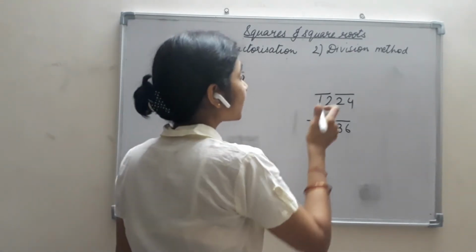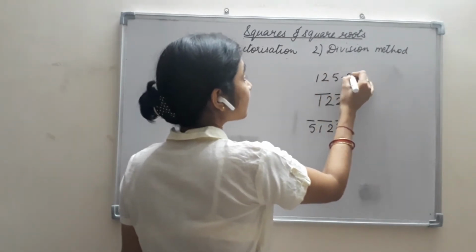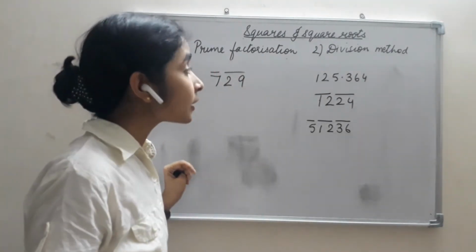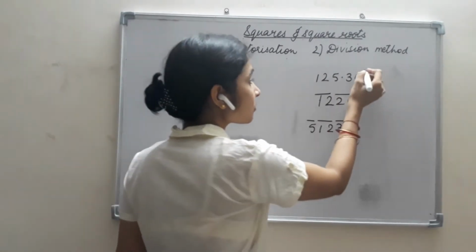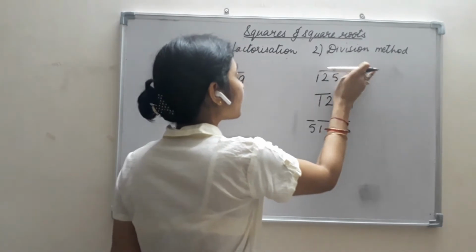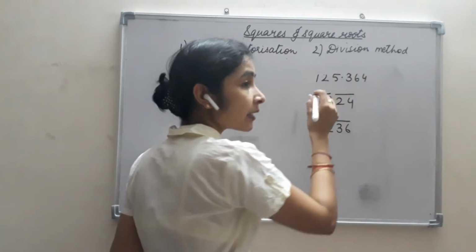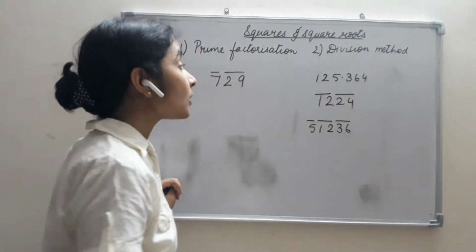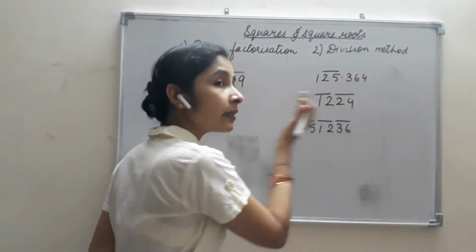So if I am given a number, suppose 125.364, here I am going to make the pairs separately. It is not like I'll start from here, here and here. No, it is wrong, we are not supposed to do it like this. What we'll do is make separate pairs for the numbers which are before the decimal and those after the decimal. For the numbers before the decimal, I'll use the same rule, starting from here, right to left.